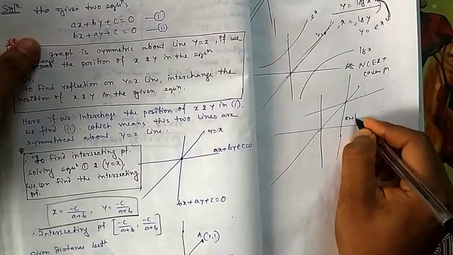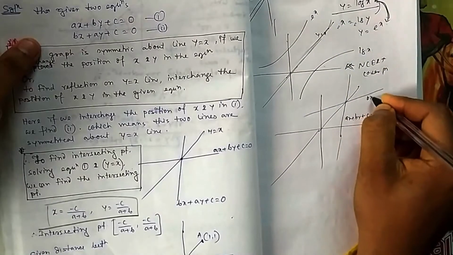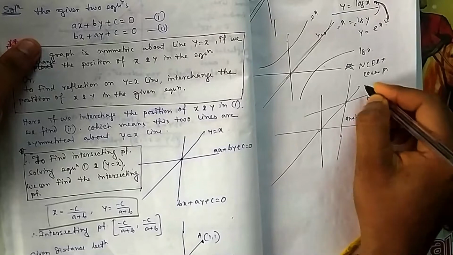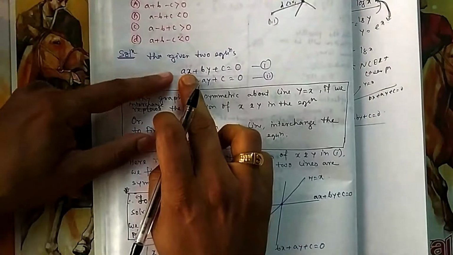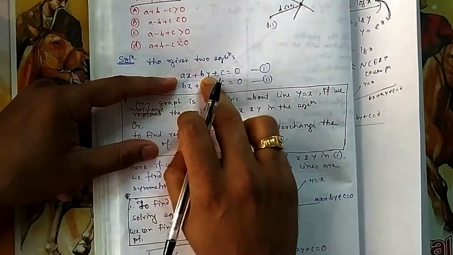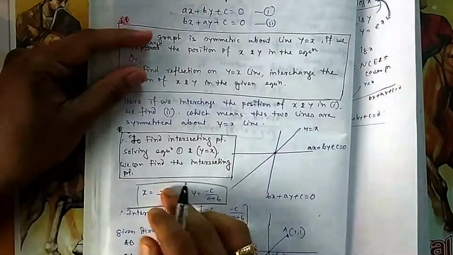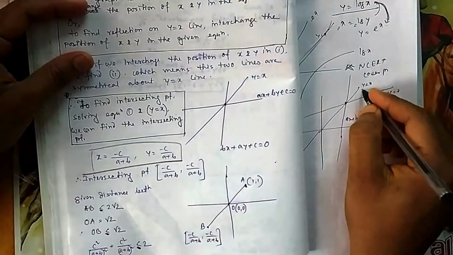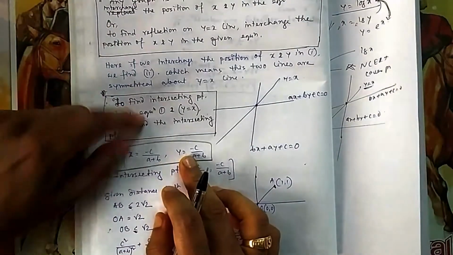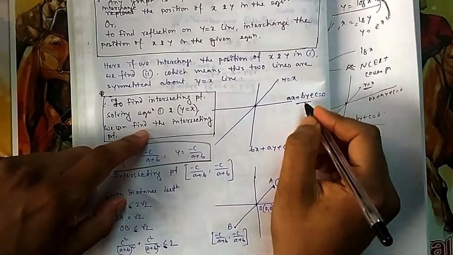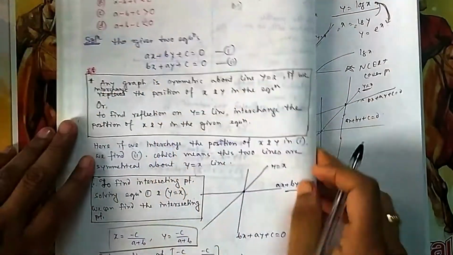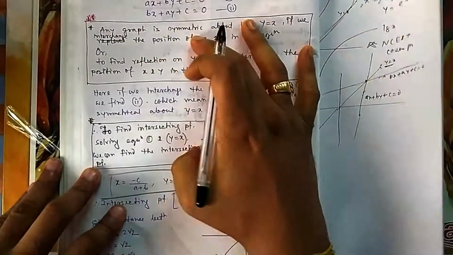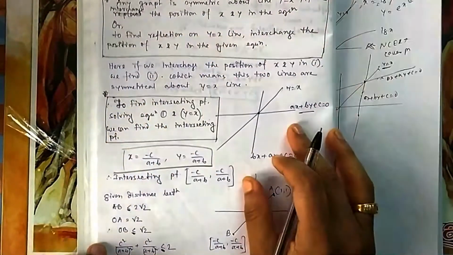If this is ax plus by plus c equal to 0, the image is bx plus ay plus c equal to 0. They intersect on y equal to x. So if you put y equal to x, it should satisfy. If you put y equal to x, you can directly write x equal to c by (a plus b), and y is also the same, so both will be the same. So directly by seeing this, you can find the intersection of these two lines. Taking the intersection by algebra will take some time; you can solve it using the class 10 method, as I did. Or this is a very beautiful application of functions, taking reflection about y equal to x.